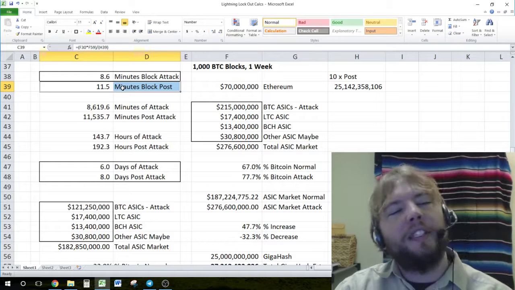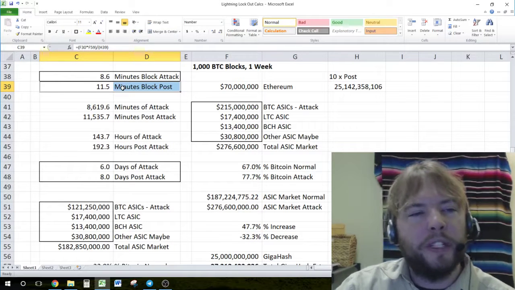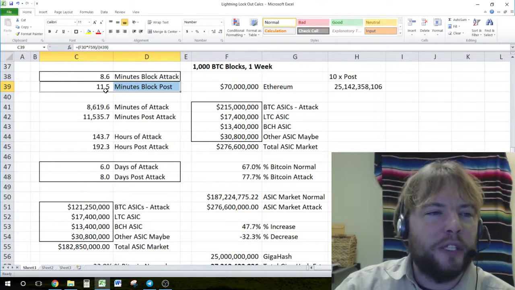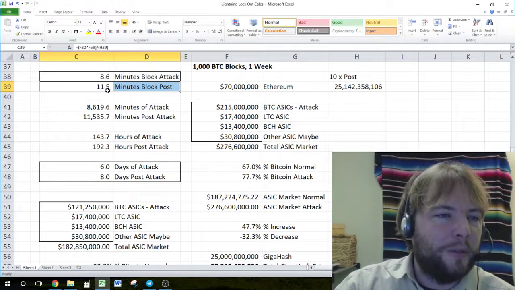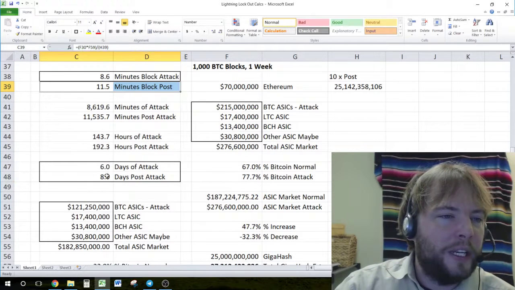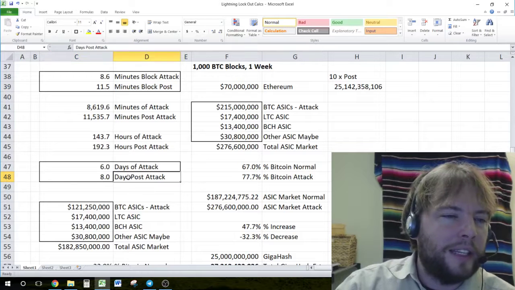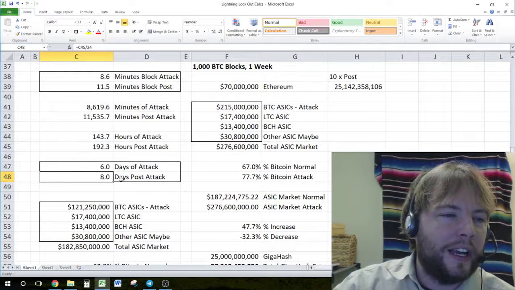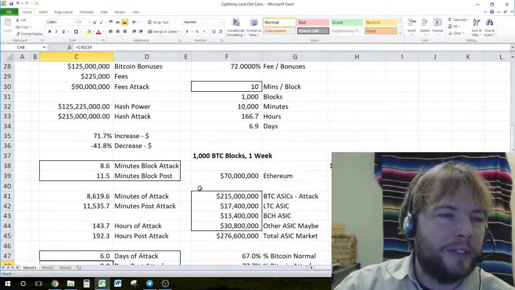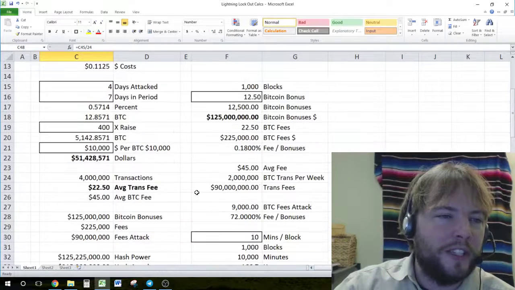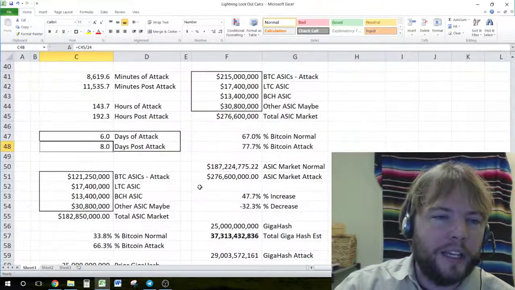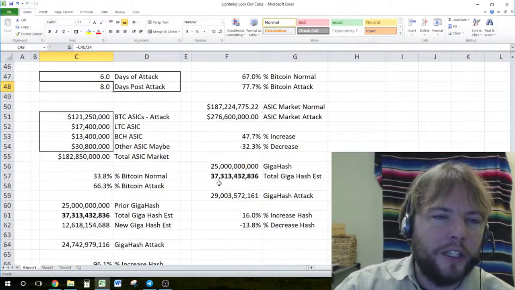And then after the attack is over, when the hash resets to the natural value of Bitcoin, then the block time would go back to about 11.5 minutes, and 1,000 blocks would take 8 days to process rather than the normal 7 days. Okay, and then to go on a bit more about